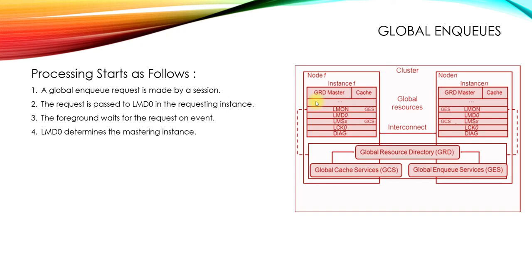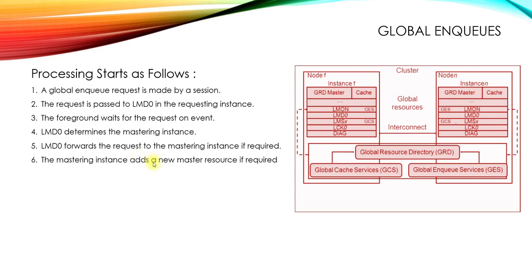Now node 1 is the owner and the resource master, and the block resides on node 1. If it resides on the same instance, then it automatically fetches it and it is eventually given to the user who is connected using that session. But if LMD determines that that specific block is not available on node 2, then it has to fetch it from node 1. So LMD forwards the request to the mastering instance if required. That's what I said.